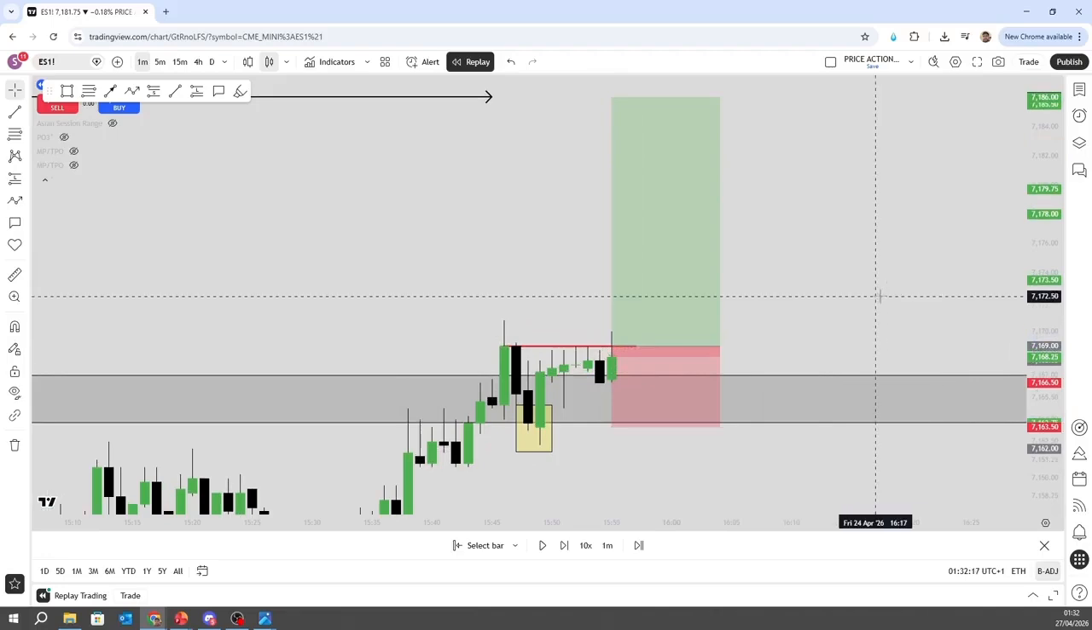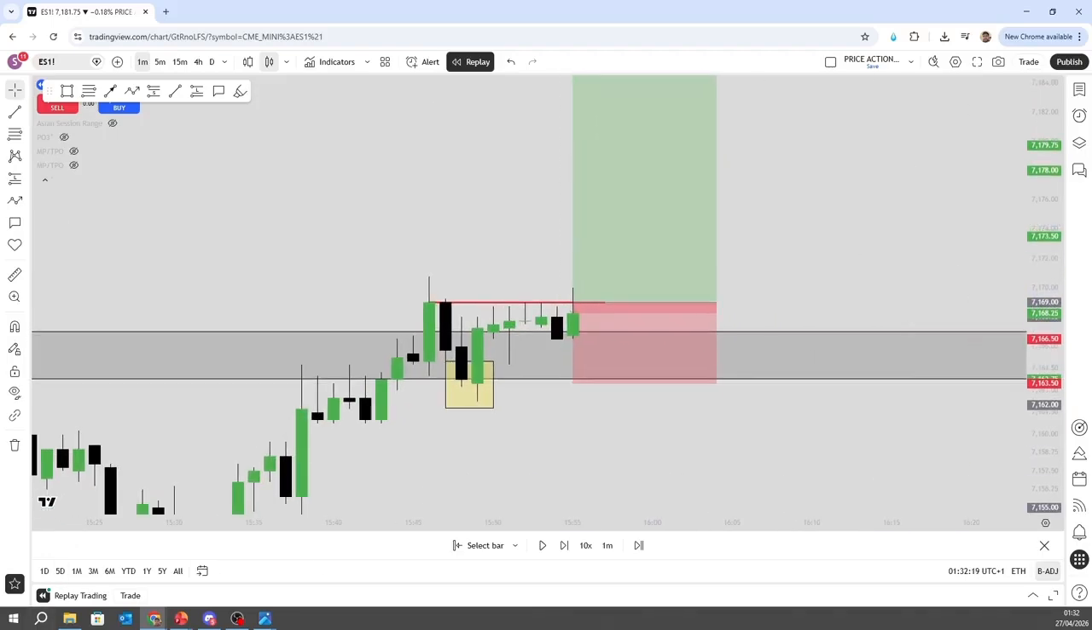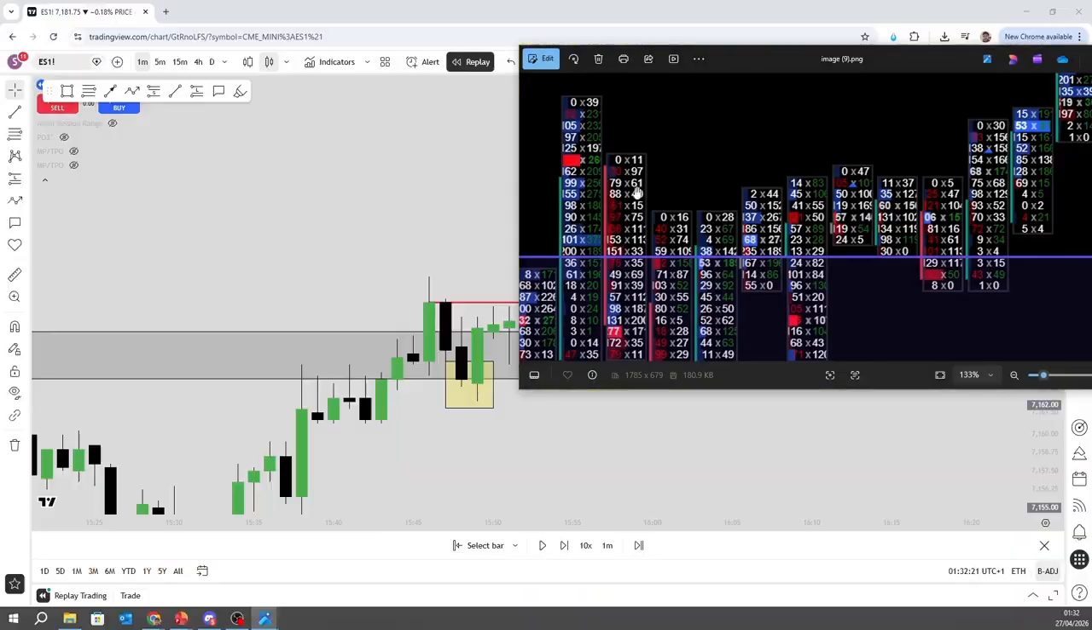Okay, so what we've effectively done is we've used the footprint charts to go through the entire Bolt